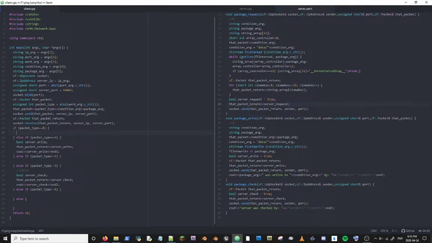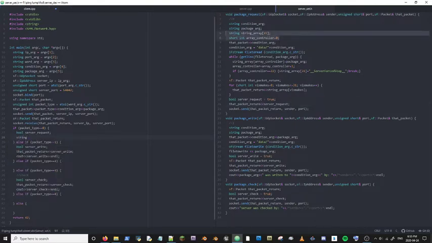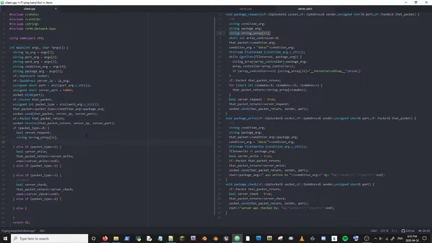Here we go. Bool server request string, both these things. We just need the one actually. So,